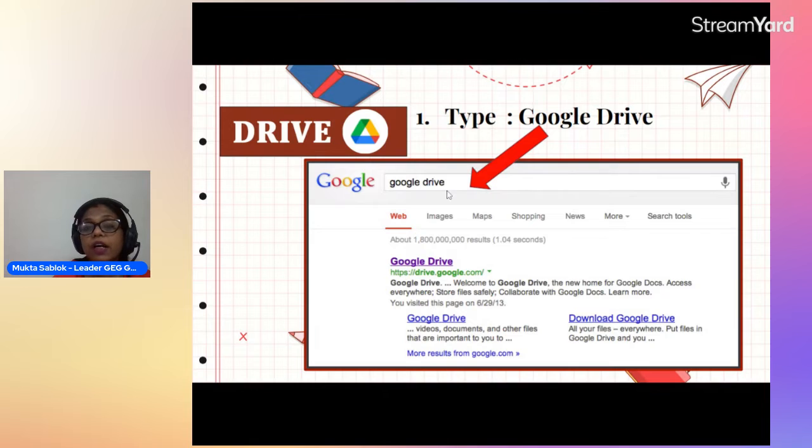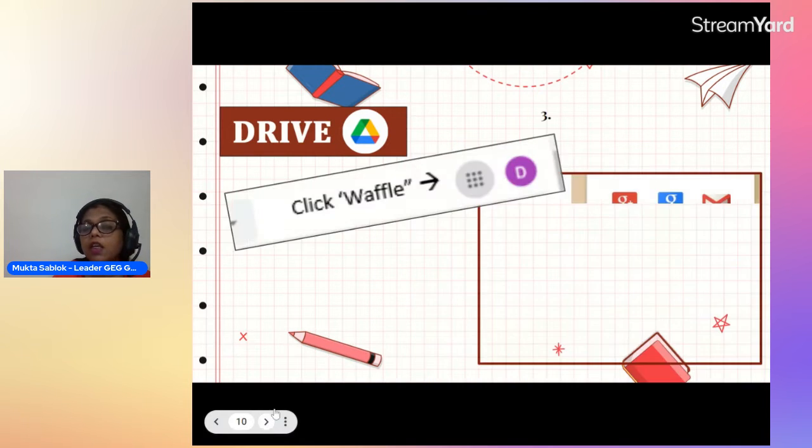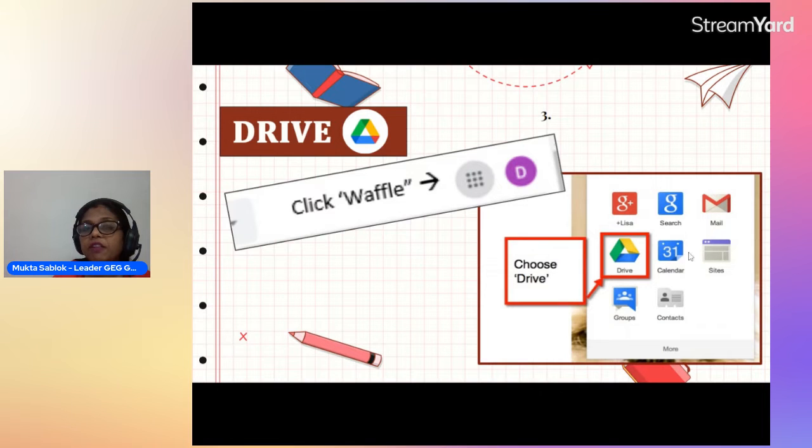Type Google Drive, this is the Google option, and the first option you can select is drive.google.com, or you can just write drive.google.com, or you can click over the waffle. Waffle is the nine dots we have in our Gmail ID, and we can select Drive here.